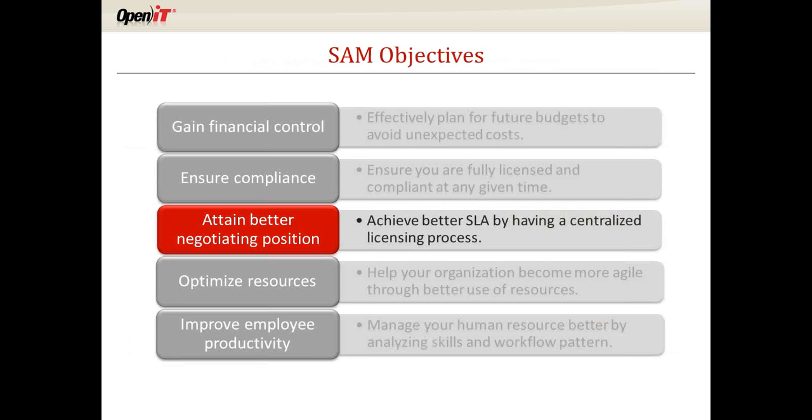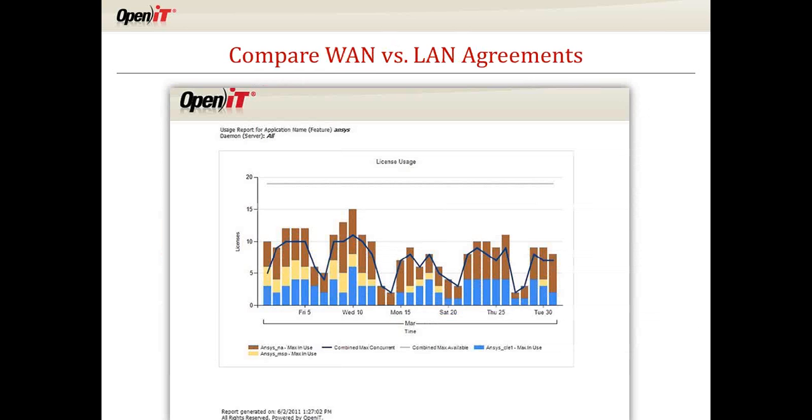How can we use usage metering to better negotiate? We talked about a few of those a minute ago from an audit perspective, but I want to show you some other examples. You want a tool that can simulate different types of agreements. So traditionally, when we would sit down with the software manufacturers and say, okay, we have local, named user versus a LAN versus a WAN, the first thing they typically say is, okay, what's your usage? And that's this number here we're looking at.